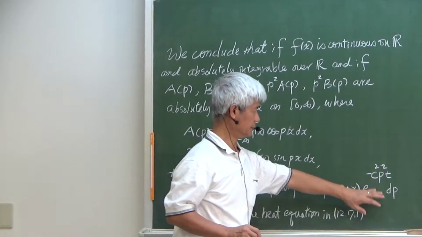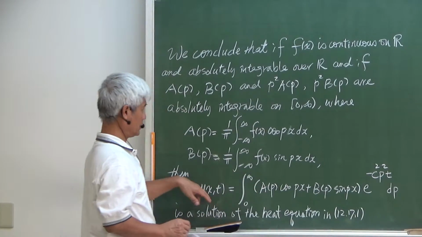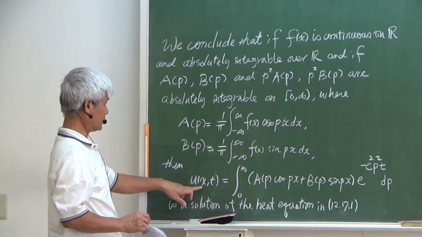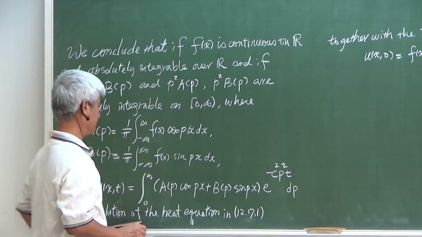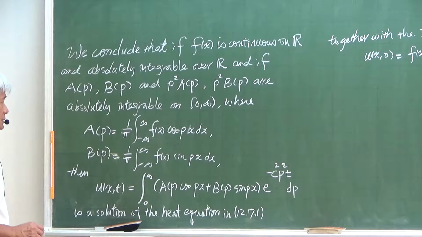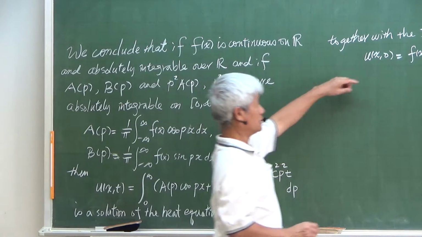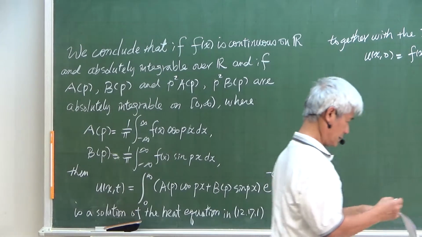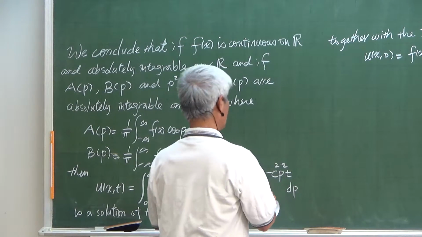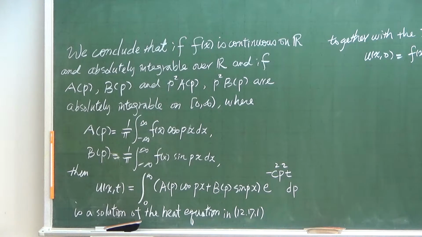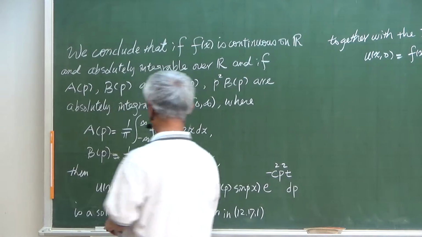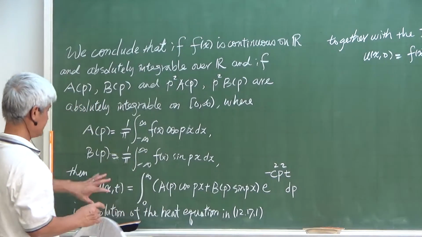this integral, which comes to a function of x and t, is a solution of the heat equation and satisfies the initial condition here. So that is the result we have. And so next we would like to